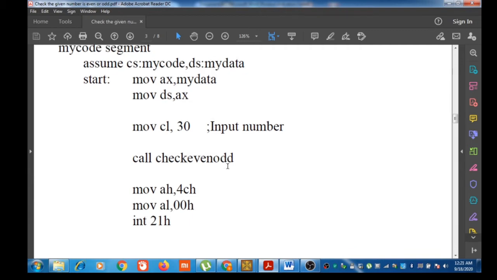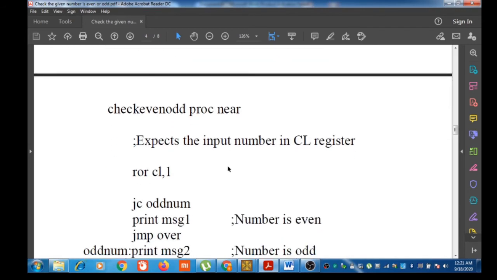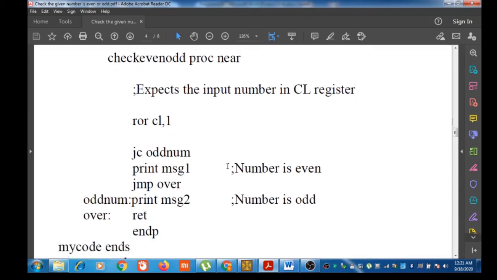Then inside the procedure it accesses the same register. We have kept the number in CL register and procedure applies the ROR instruction on this CL register. Here we can avoid referring a name inside the procedure.